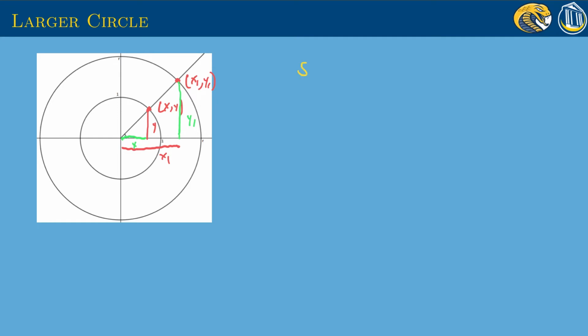Specifically, on our unit circle, we've always defined sine of our angle as just the y coordinate. If we look at our larger circle instead, we're only given x1 and y1, and so we can write y1 divided by r. We'll notice that if our radius of this circle is 1, then our formula simplifies to sine of alpha is just y1. Similarly for cosine, we normally write cosine of alpha equals x, but we don't know x. We only know x1 if we're given the x and y coordinates on our larger circle, so we can write